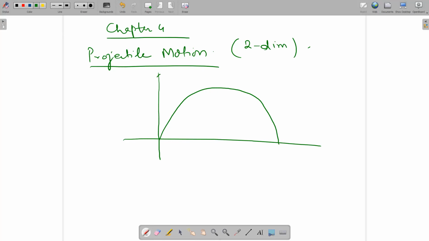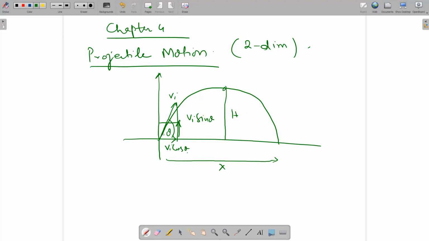If you throw a ball at less than a 90-degree angle, this is 90 degrees, and you throw the ball at this angle. This is Vi, and this angle is theta. So this initial velocity has two components, one along the x-axis and one along the y-axis. This will be Vi sine of theta, and this will be Vi cos of theta. And this is the maximum height. And this is called the horizontal distance or the range. But first we will say it horizontal distance. And this height is actually the vertical distance.